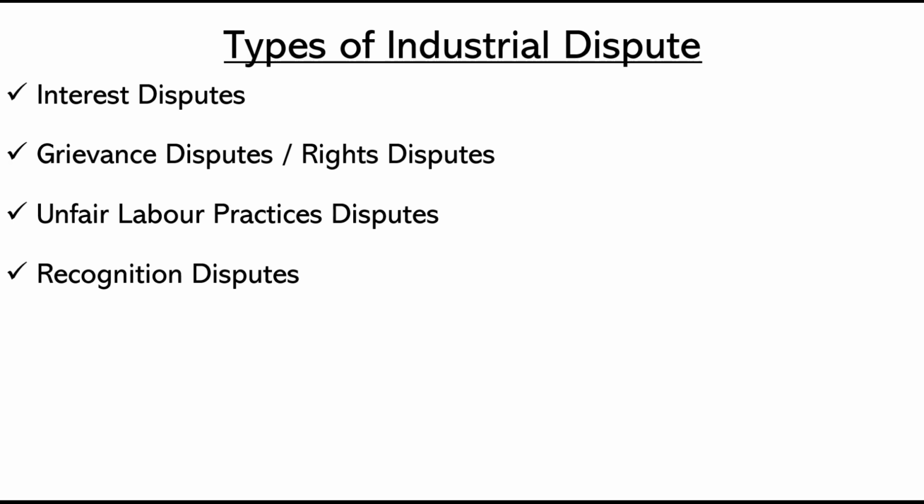Excessive workload, favoritism. Favoritism in the sense that sometimes you give less work to the person whom you like and you overload the other person whom you don't like. And still, while doing the performance review, the person who is a favorite of the management will be getting more marks, or more increments. So again, that leads to lack of transparency in promotion or increment. That can also cause grievance disputes.